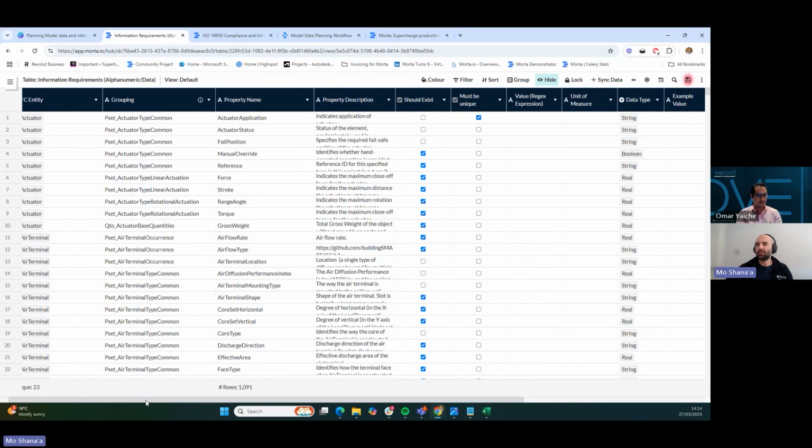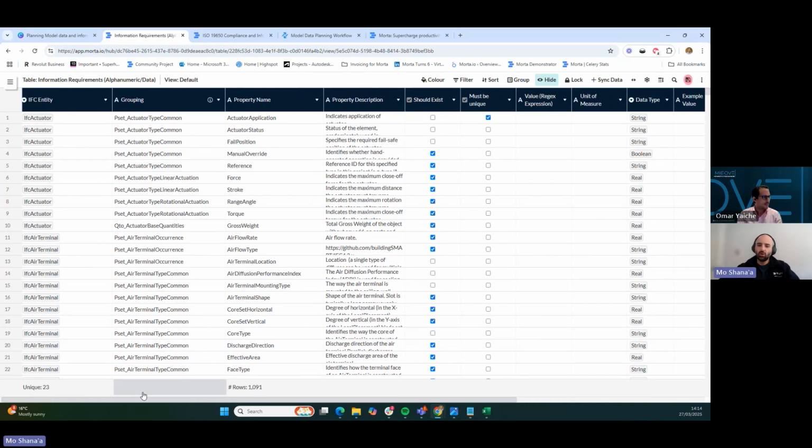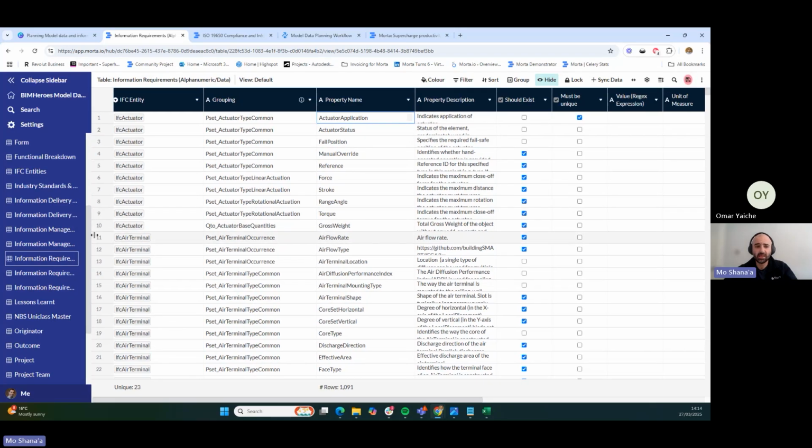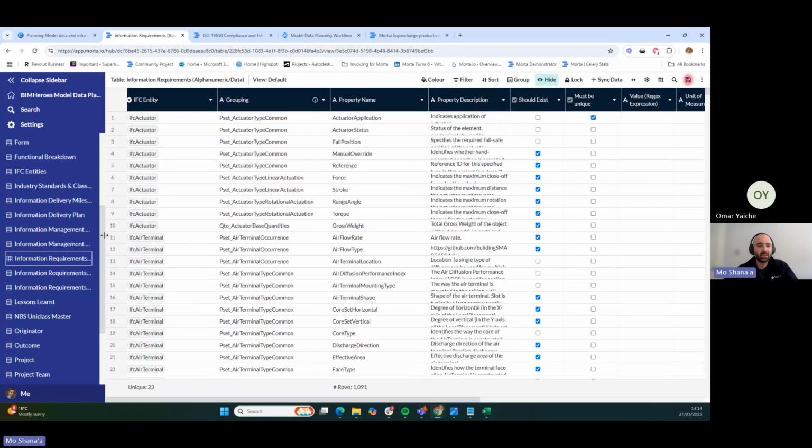What I'll do is, we've covered so far the list of data that I require, right? Now what I want to do is make sure that my property names are coming out of the buildingSMART Data Dictionary. I don't know if you've come across bSDD, but effectively it's a data dictionary that has a list of the different properties that I need within IFC that's already been created by buildingSMART. So just to